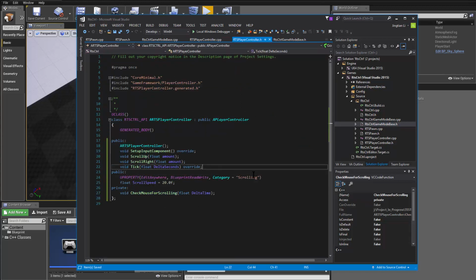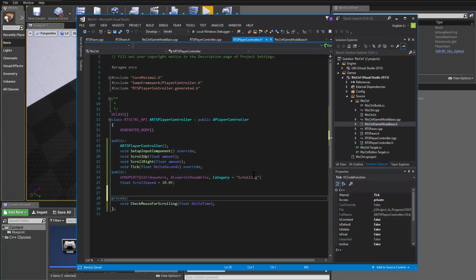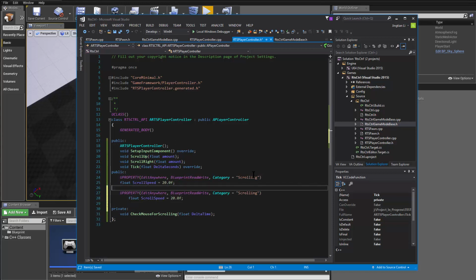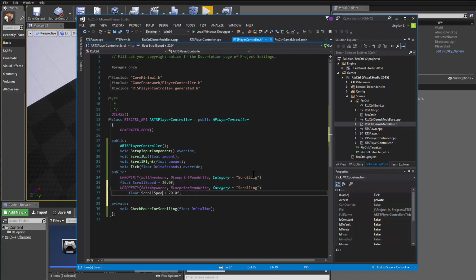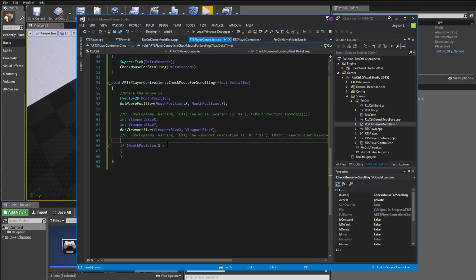So I also wanted to be able to change it. So it's gonna be a UPROPERTY, and the name is gonna be float scroll trigger distance. Okay, it's gonna be the distance from the edge. If the cursor's location is within this distance from the edge, then it will trigger the scrolling. Okay, it's that simple. So if the x is smaller than that value, that means we're really close to